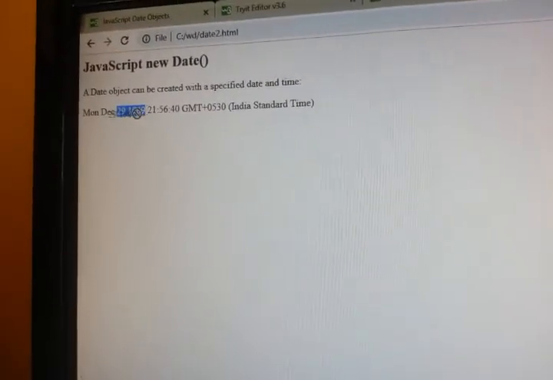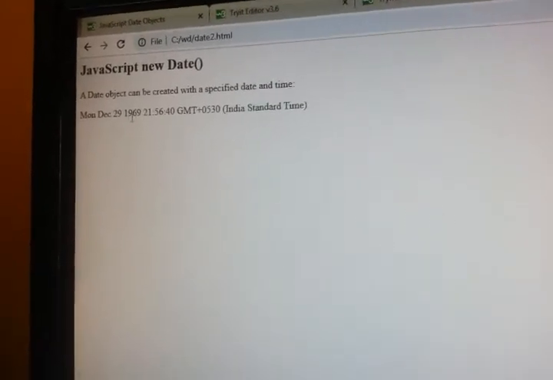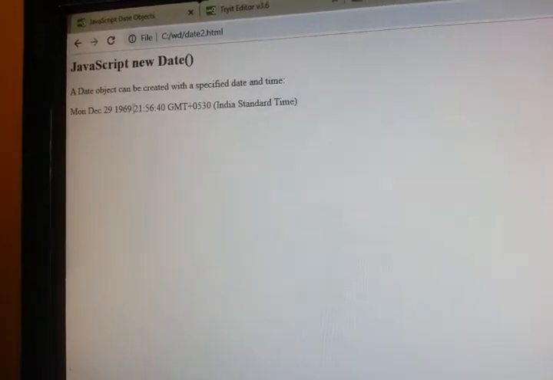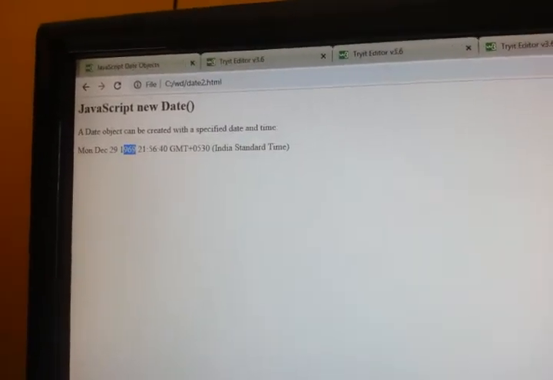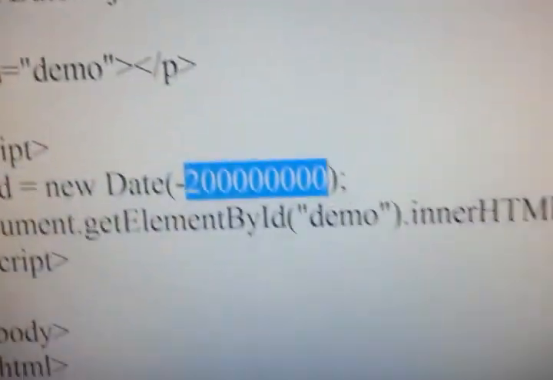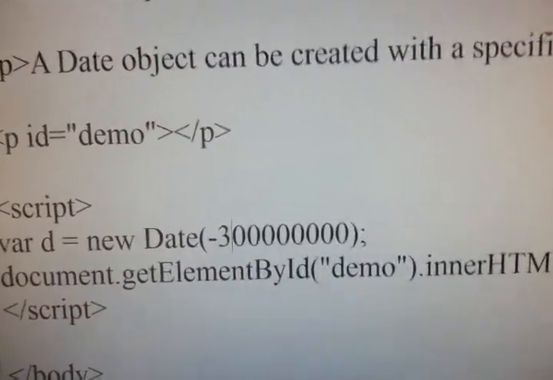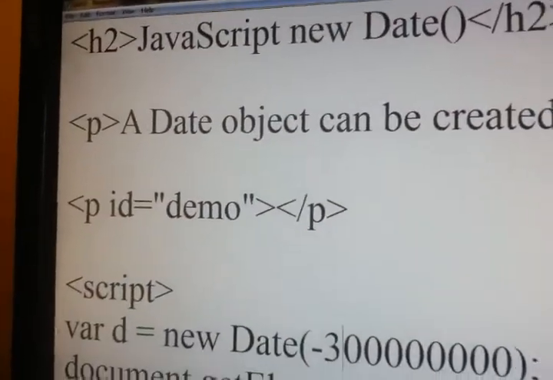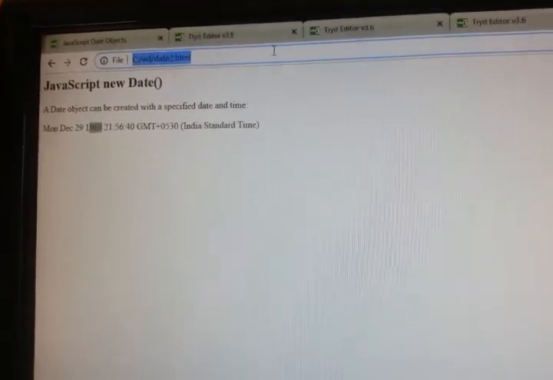If you go 2 days back, it becomes December 29, and the year changes to 1969. Here we got 1969, and just recompile.